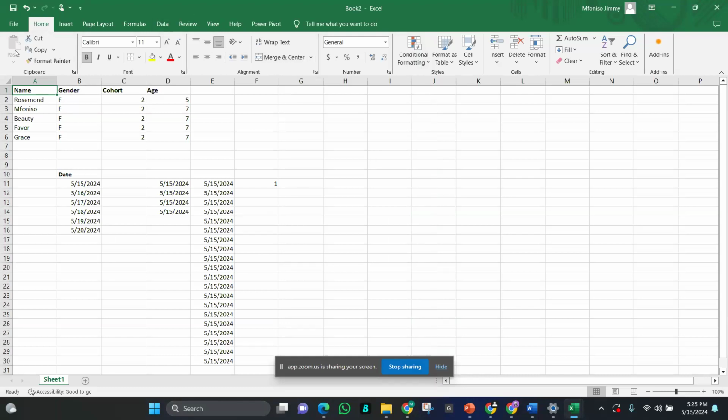So we are talking about the sorting and the filter. Obviously, if you check your Home tab bar, you're going to see sort and filter, right? We learned about ascending and descending order, right? So that is what sorting does. When you talk about sorting, we mean arranging, either in ascending order or descending order.